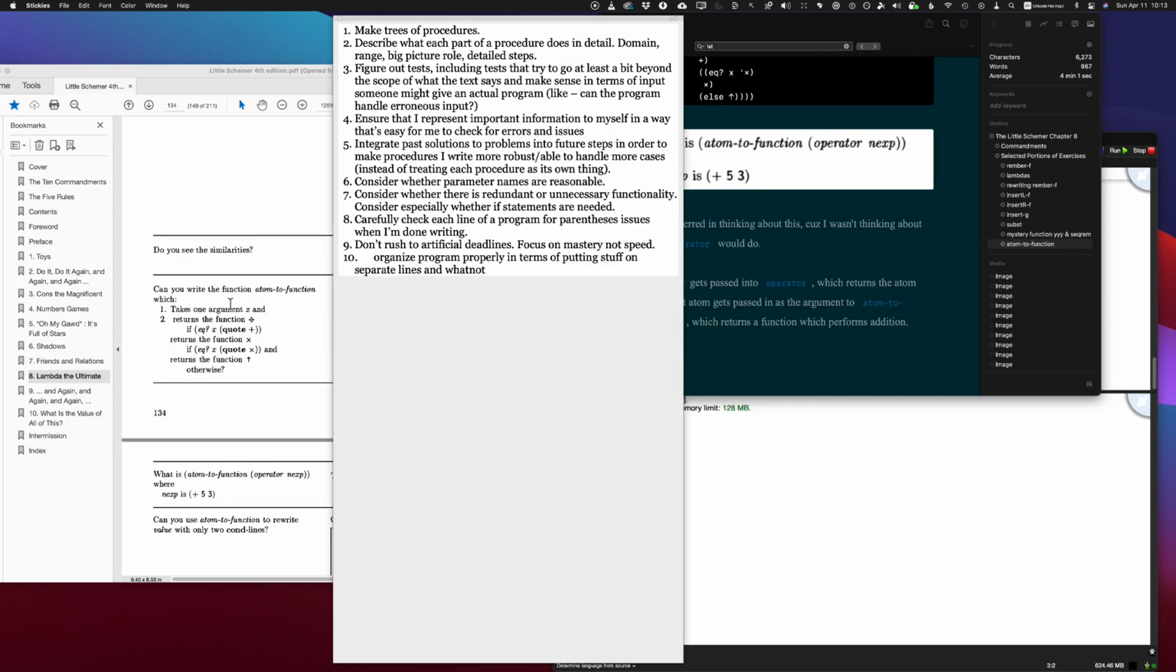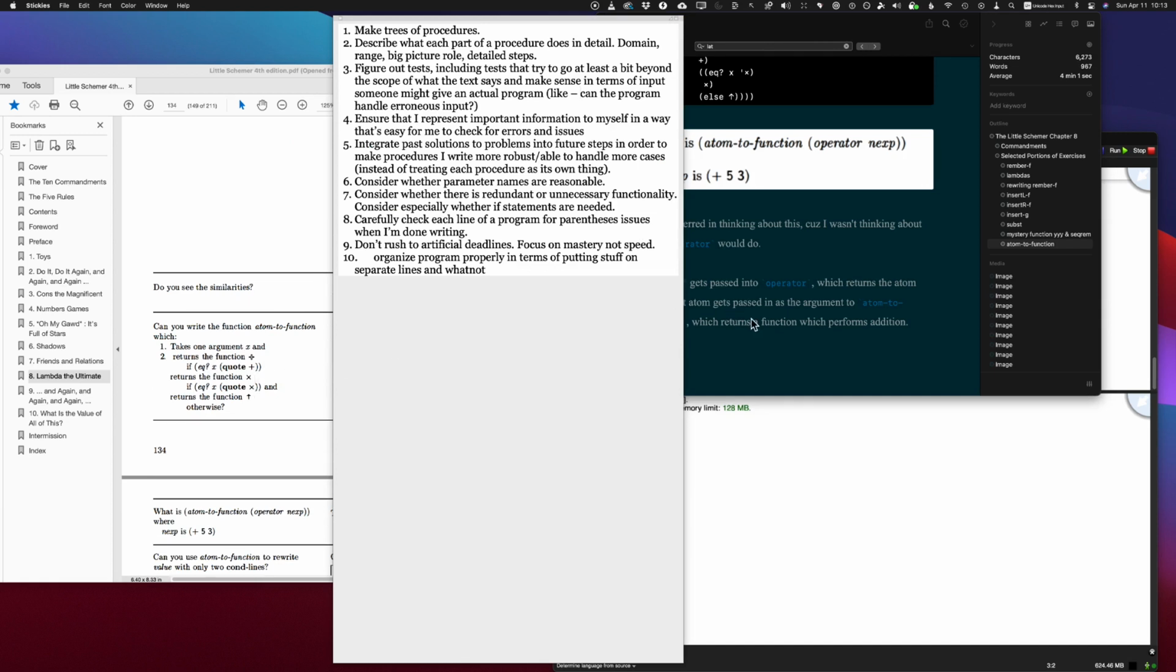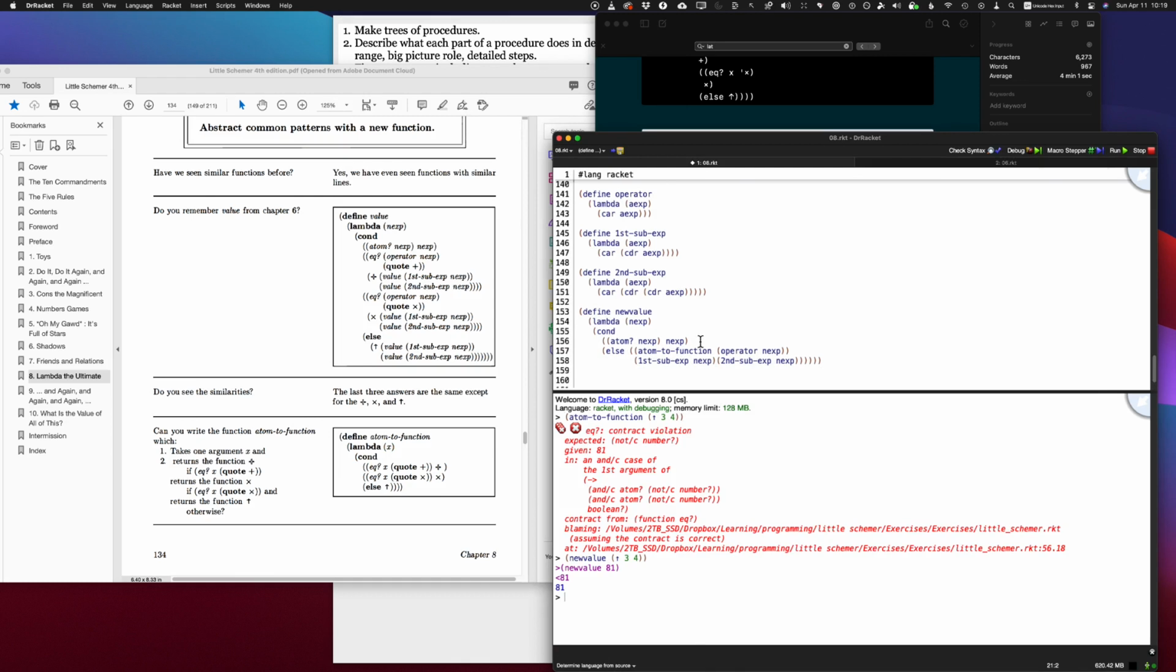Can you use atom to function to rewrite value with only 2 cond lines? Using the helper procedures we made for value, I made a new value procedure. If the arithmetic expression is an atom, we return it. Otherwise, we invoke atom to function on the operator of the arithmetic expression, and then use the function returned by atom to function on the first and second sub-expressions of the arithmetic expression. I forgot the